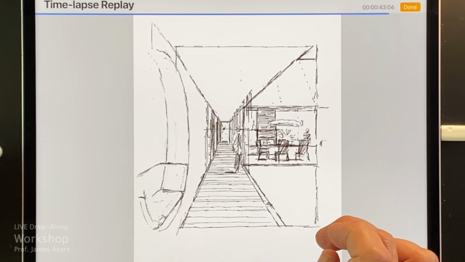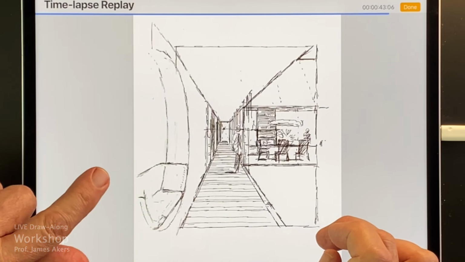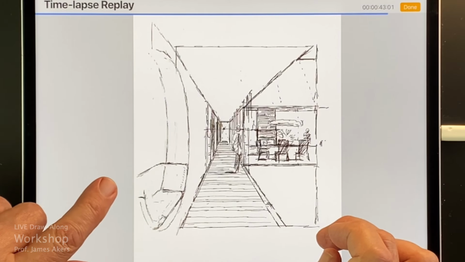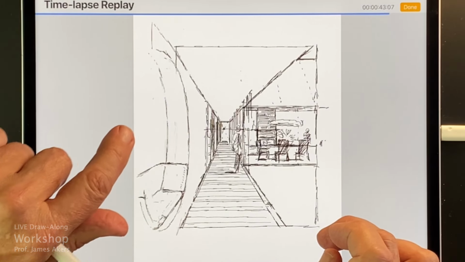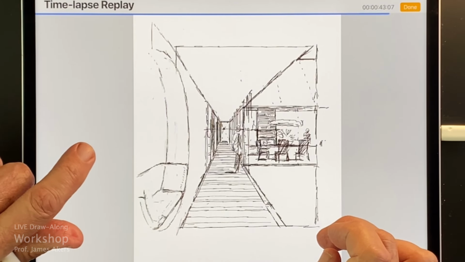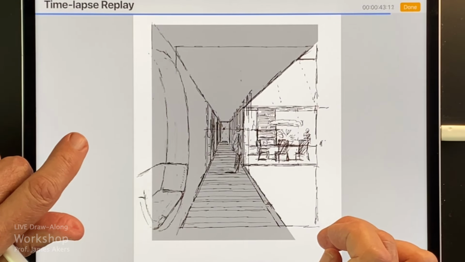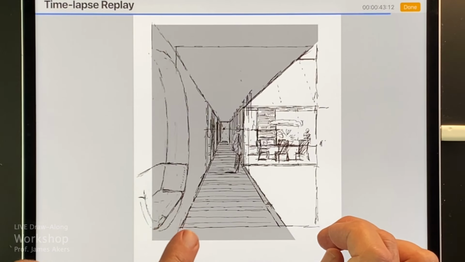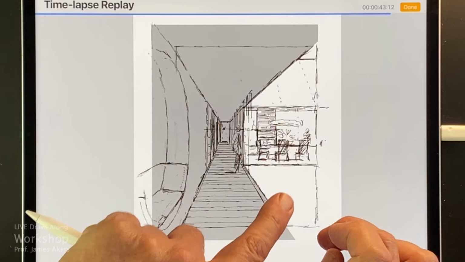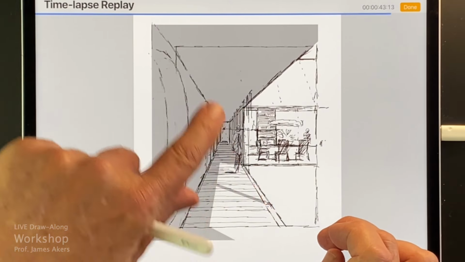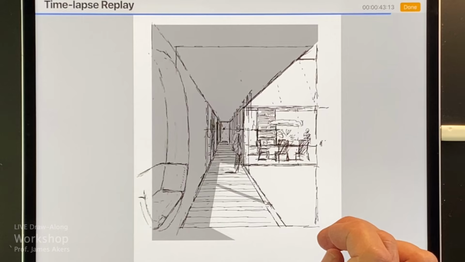Now this is that move we did in that house in the pool sketch, but it may not have been obvious what I was doing. Relevant to that idea of adding tone very quickly, here I'm just adding this huge chunk of tone because the real point of this drawing is to emphasize this exterior courtyard that lets all this light into this room.